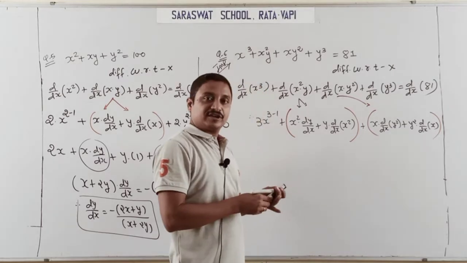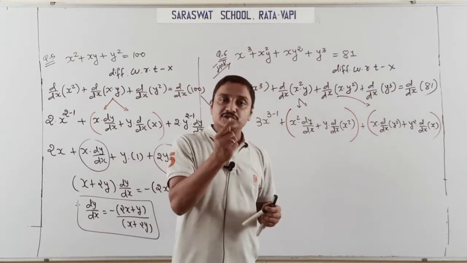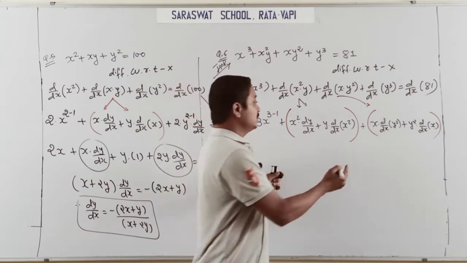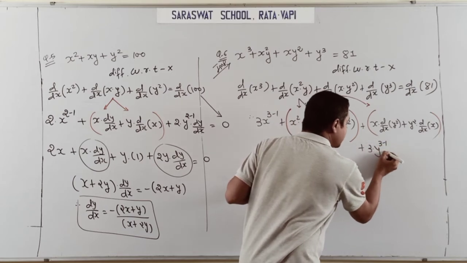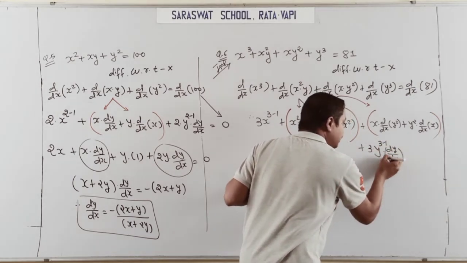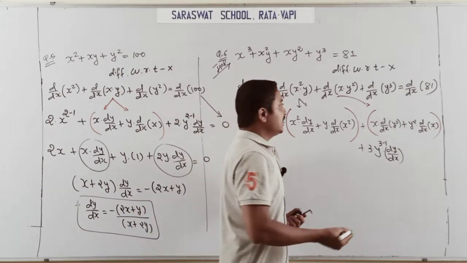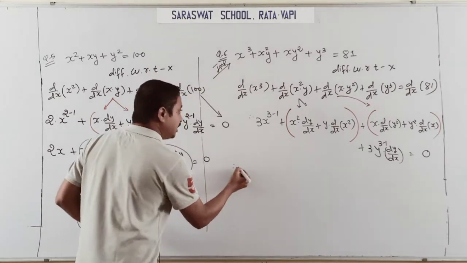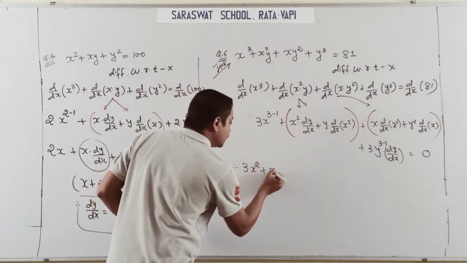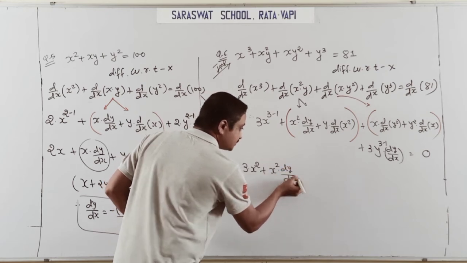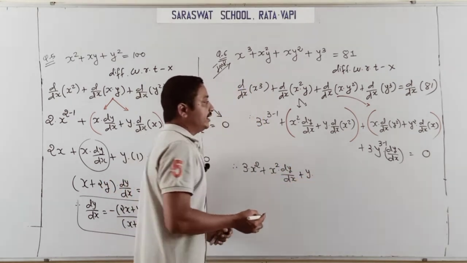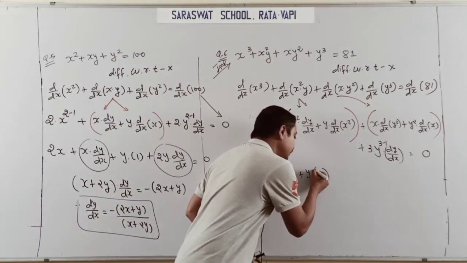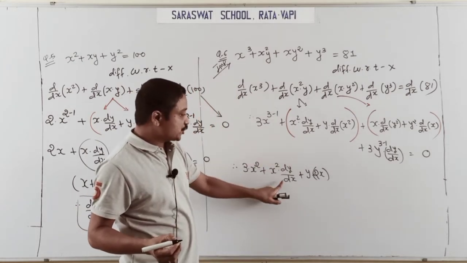Okay, and after that I move ahead to y cube derivative with respect to x. So first the y derivative power-wise, after that the y derivative. So 3y to 3 minus 1, y derivative pending, that is dy by dx. And a given constant, you know that it is 0. So finally we get 3x square plus x square dy by dx plus y. Here, what is the x square derivative with respect to x? 2x only, and here I am directly showing dy by dx.